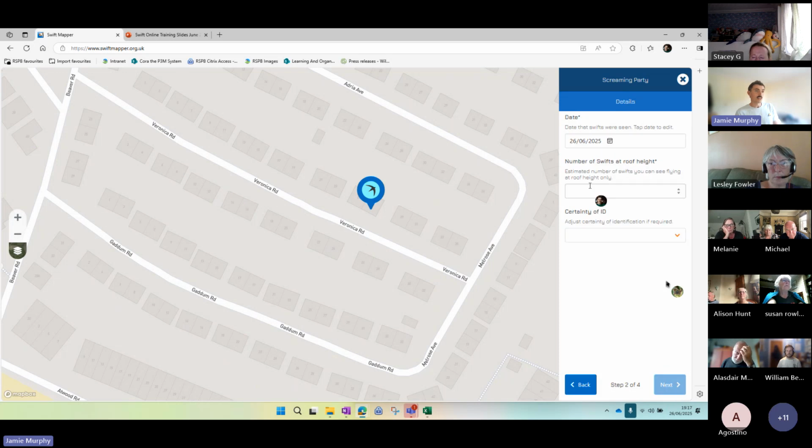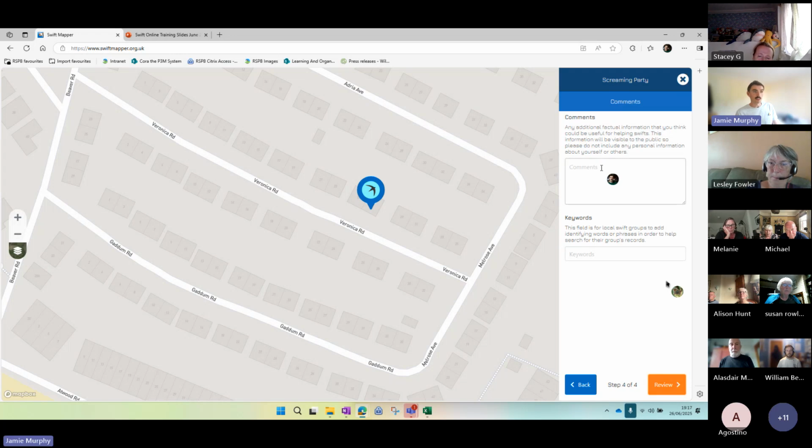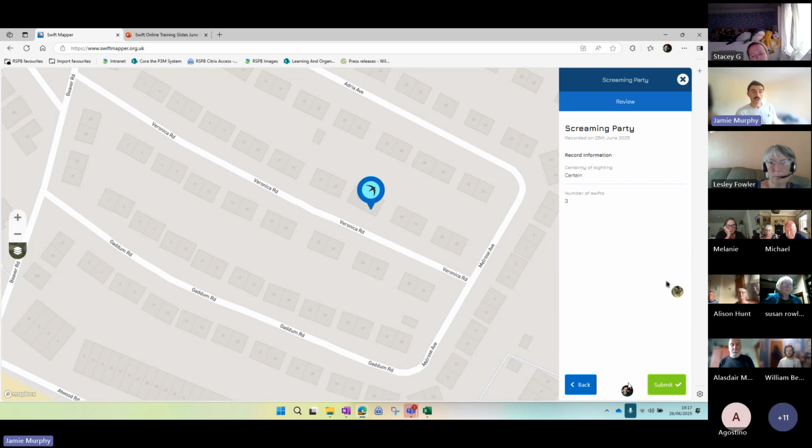If you press next, it asks you how many. So let's just say it's 3 Swifts and you're certain that it's a Swift. If you've got a photograph, you can add them in, but it's not a requirement. If you've got any comments that you want to add, you can. And also if you're part of a local Swift network or a volunteer group that's got a keyword, you can add that in as well. And then you just press the review button. And once you're happy, you press submit. Now, I'm not going to do that because it's not a real record, but as you can see,